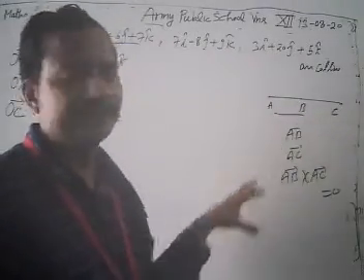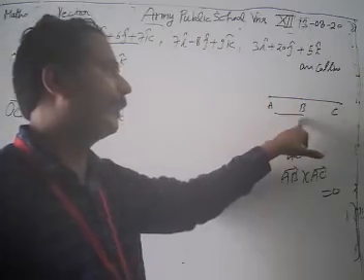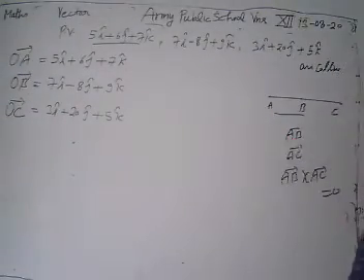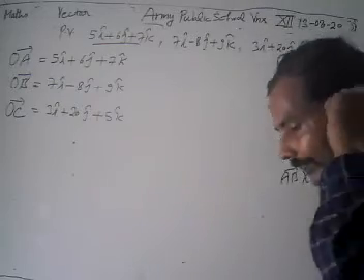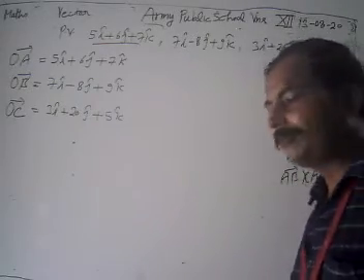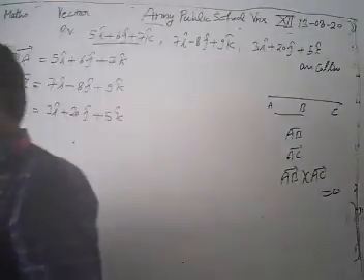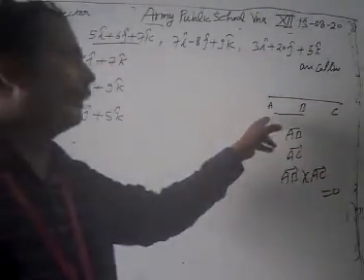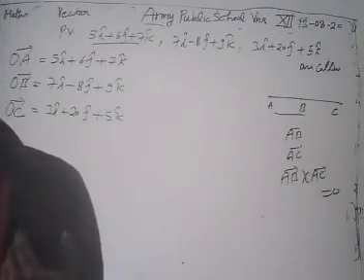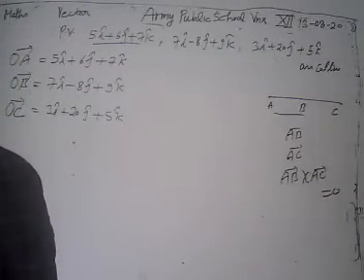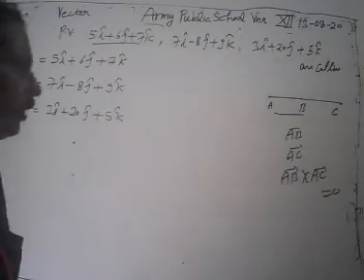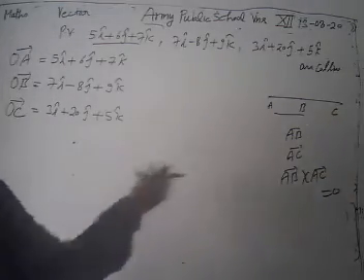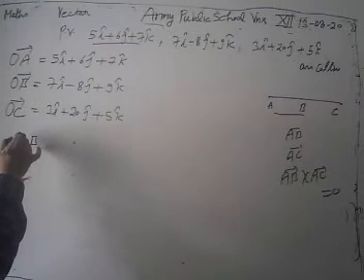To show that A, B, C are collinear, what do we do? We are going to find vector AB, then vector AC. If the cross product of vector AB and vector AC is 0, then it means vector AB and vector AC are parallel to each other. But they have the same common point A, which means these 3 points A, B and C are collinear to each other. We have roughly discussed that. Now we are going to find our vectors AB and AC.